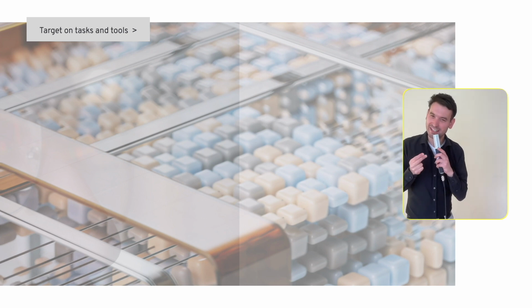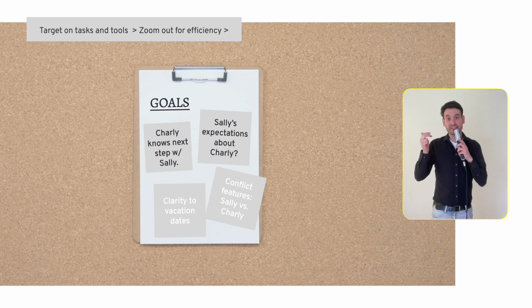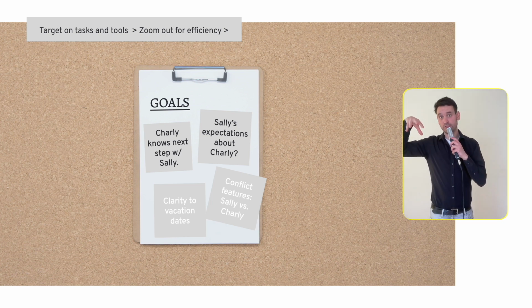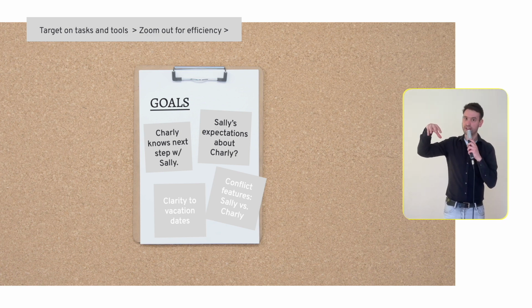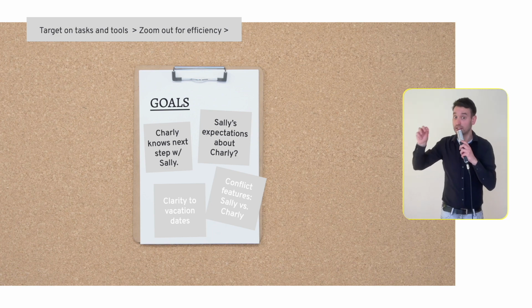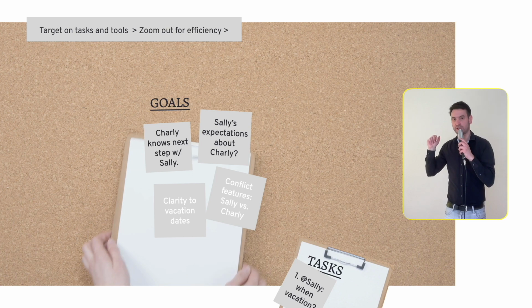Here's an example. Let's say you're a project manager. As you list your goals for your broader view, you may quickly find there are potential conflicts that I actually need to address specifically. And hence, you prioritize certain tasks.